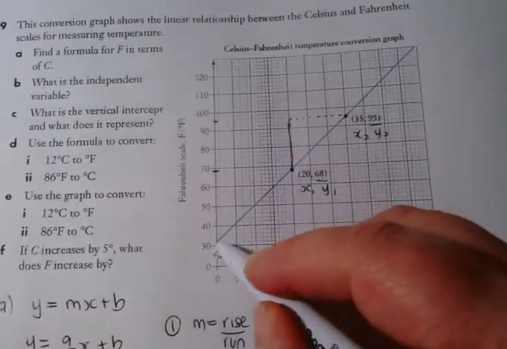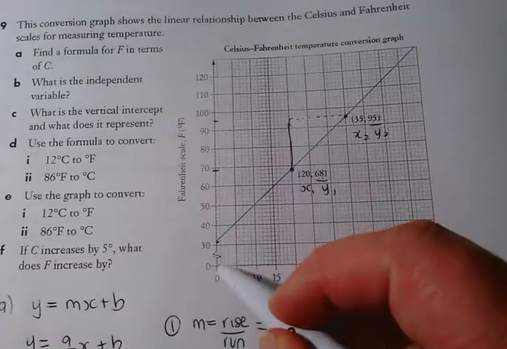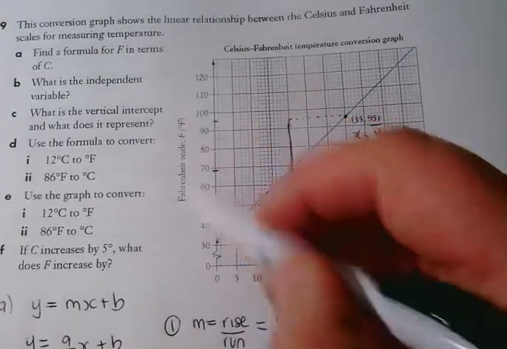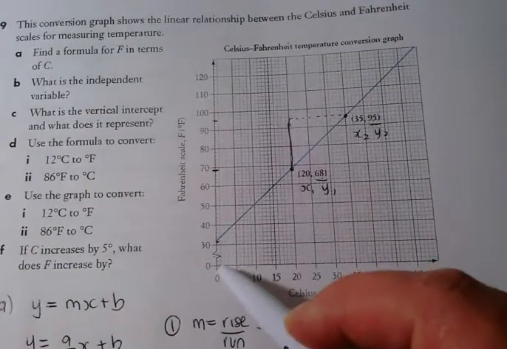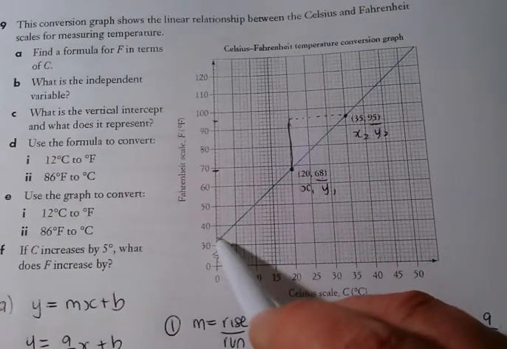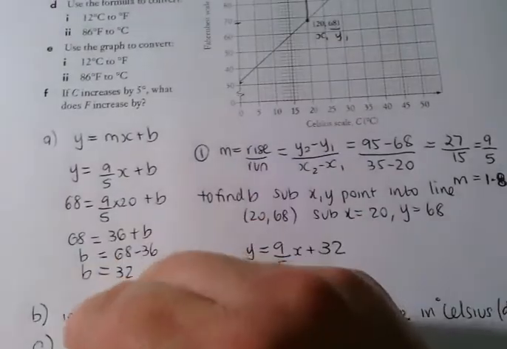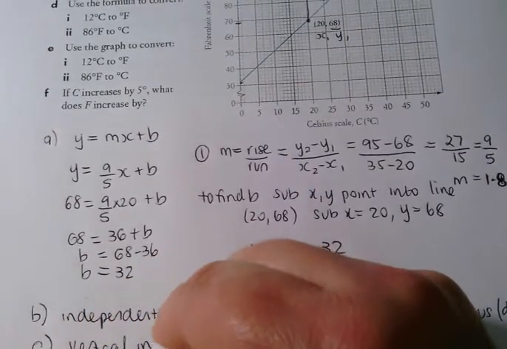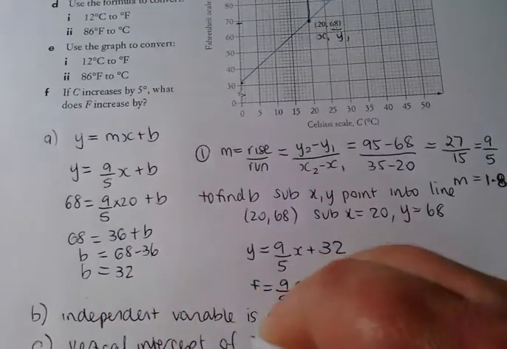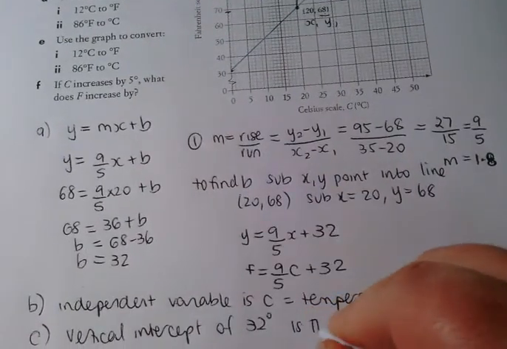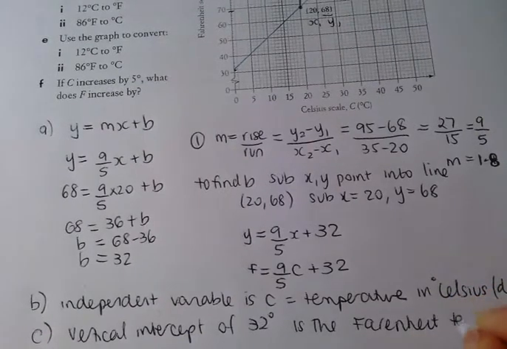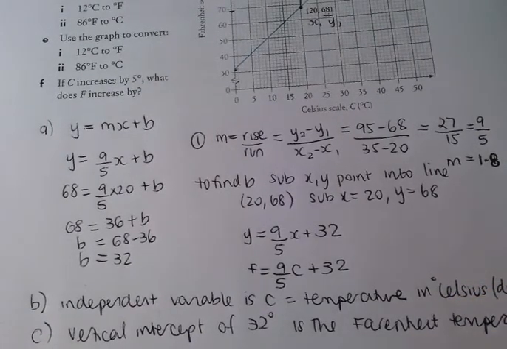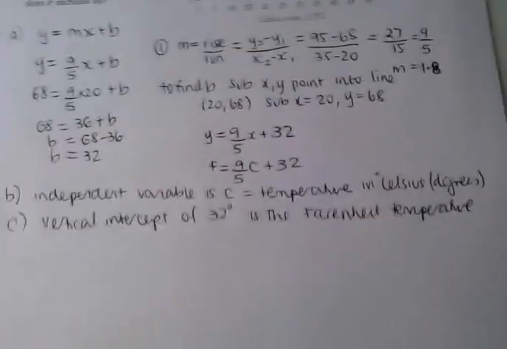So this is the vertical intercept here, and it is the Fahrenheit temperature when the Celsius temperature is 0. So we can see here that when x is 0, y is 32. But in our case, the vertical intercept of 32 degrees is the Fahrenheit temperature for, or at,